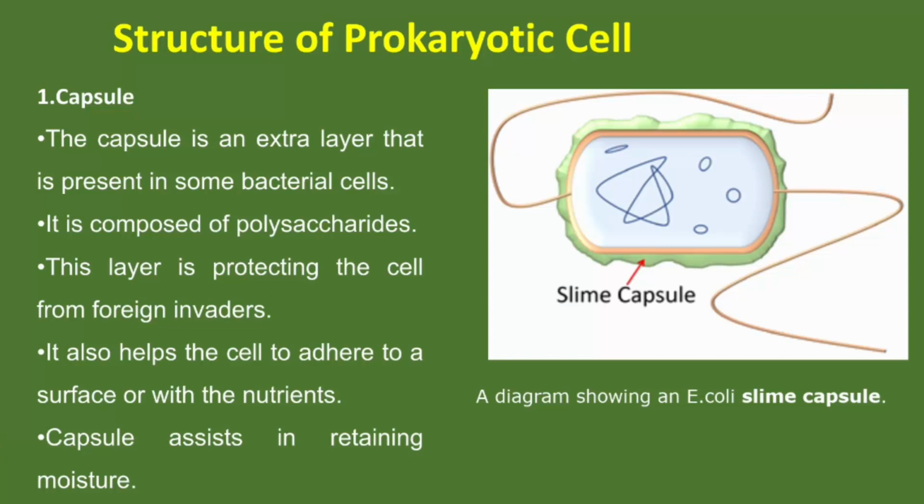Hello everyone. We are going to discuss in this video the structure of prokaryotic cells. So let's start our discussion. Pro means primitive, and karyotic means the nucleus. So it means that it has a primitive nucleus, and so it gets the name prokaryotic cell. We are going to discuss one by one all the structures and details